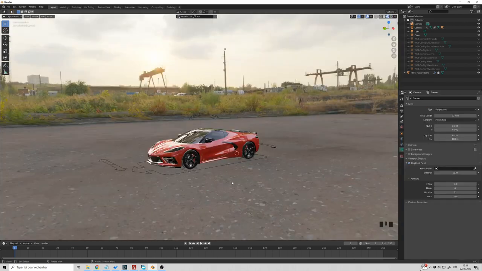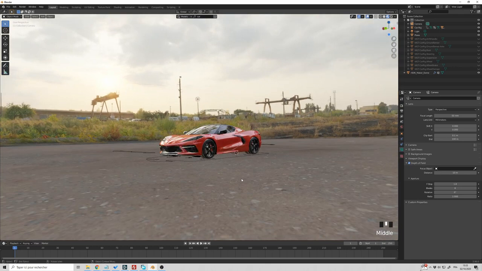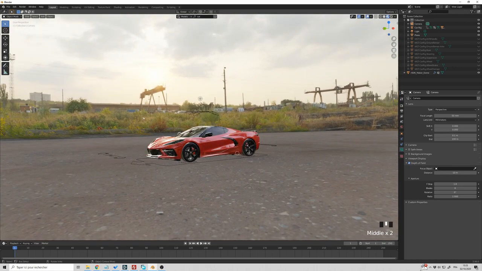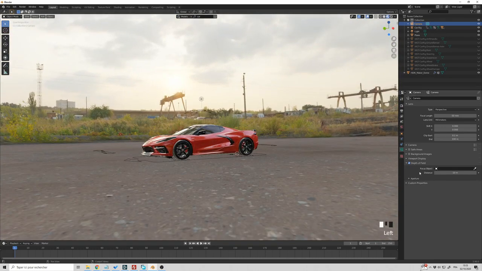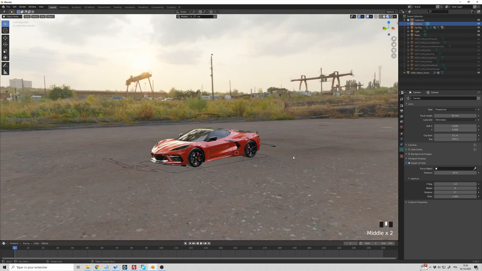Okay, now before we take care of the camera animation, we have to choose a focus point because we want a depth of field in our scene. So in order to do so, you will click on camera and you will check the box depth of field here. As you can see, we have to select a distance for the depth of field or focus an object. I think it's easier to focus an object. Also, before we decide which object to focus, let's change the f-stop to 1.8 and the blades to 6. The lower value you put for the f-stop, the more depth of field you will have in your scene.